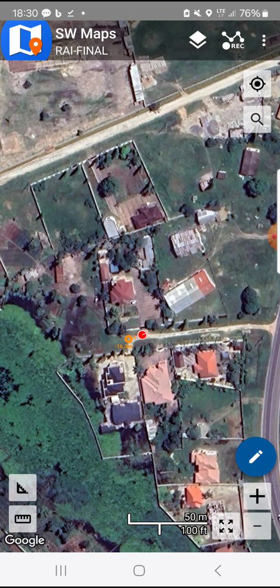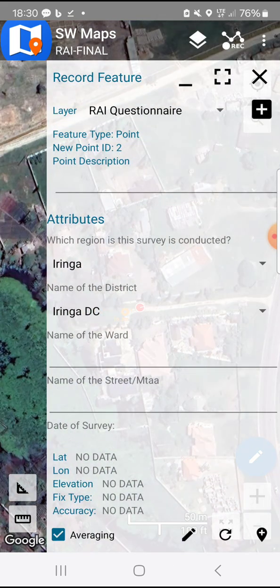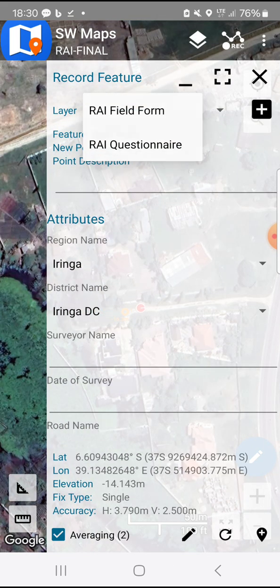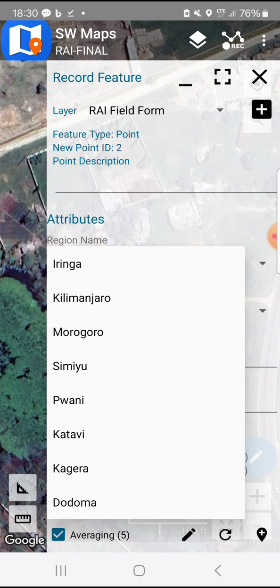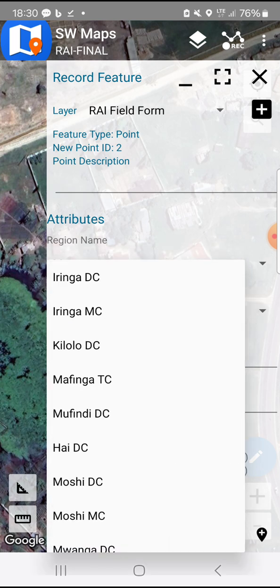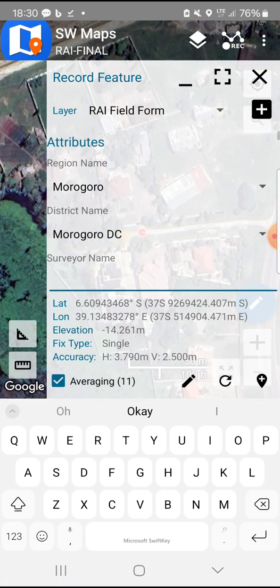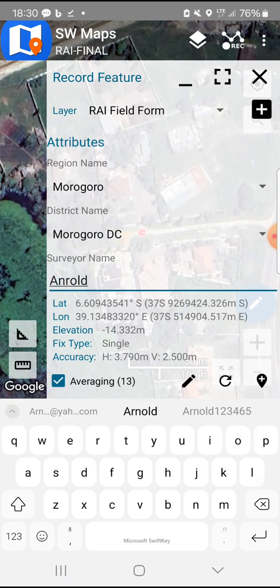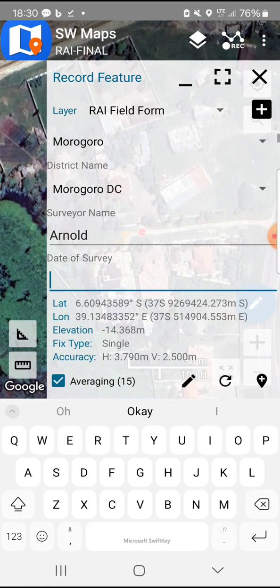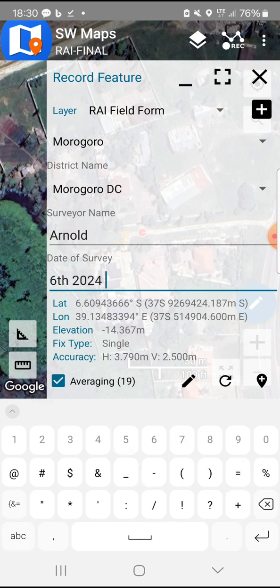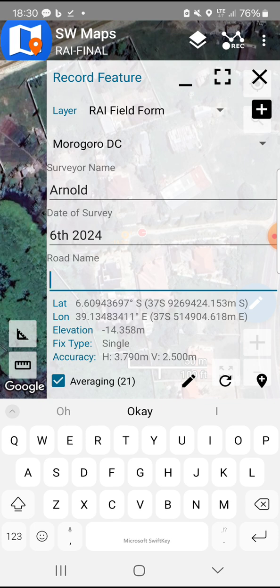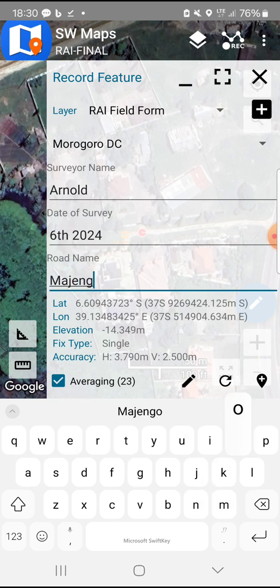Now you go to the field form, you go back again, record, feature, then field form. Now the questionnaire is done. So you start with which region? For instance, Morogoro. Okay, then Morogoro DC. Surveyor name, I'm the one surveying, Arnold. You want to know the person surveying. Date of survey, 6th October 2024. Road name, Majengo to